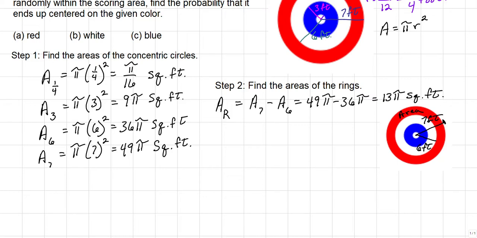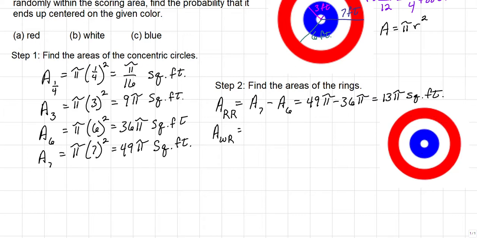The next thing that I want to do is get the area of the white ring. And so what I'm actually going to do is continue differentiating, as I'm going to call this first one the area of the red ring, RR. The area of the white ring, and I'm using that to differentiate between the area of this white ring here and the inner white circle. So now what I'm going to do is erase my markings for the area of the red ring. Notice that I've actually increased the size of the diagram so that it'll be easier for you to follow everything that I'm doing. But the area of the white ring is going to be